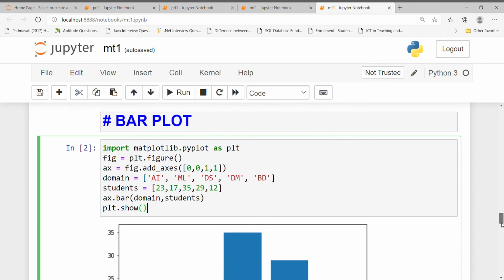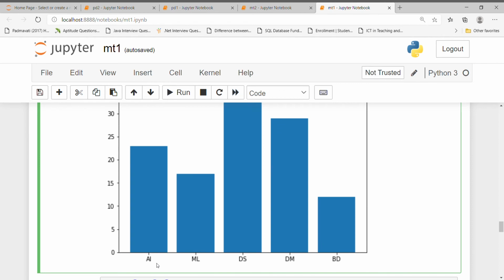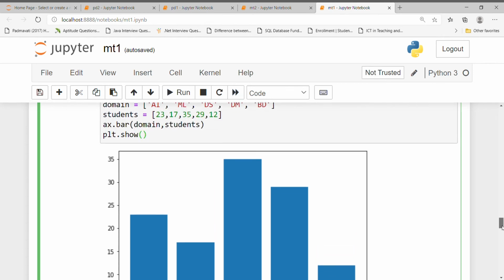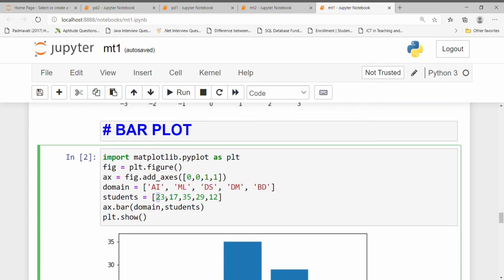So here by using this I have displayed my plot. You can see here these are my domains AI, ML, DS, DM, BD, and here are our students. So how many students participated in each domain? I can visualize it from here. In AI, the number of students might be between 20 to 25. So it is 23.